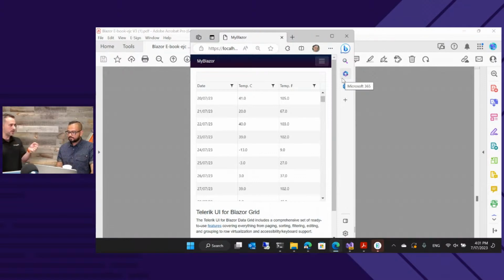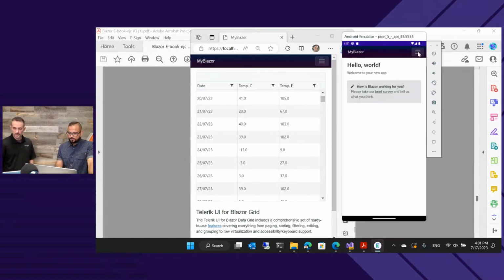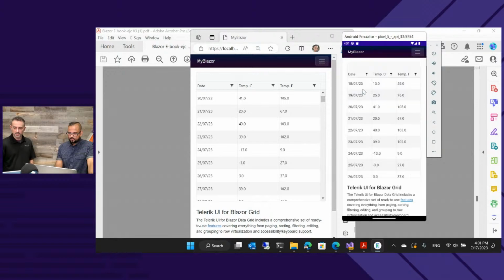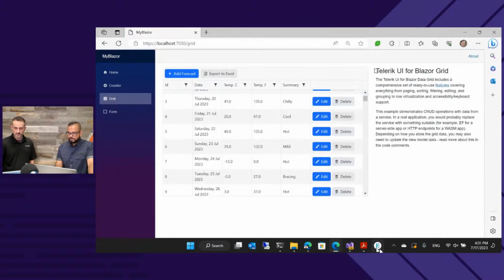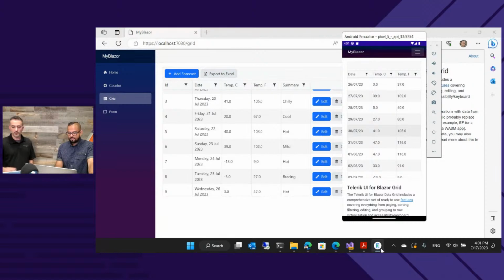Instead of having two separate column widths, you just put one value in there. That's going to say, all right, just render everything in a big tube. I also use that to trigger turning off some of the grid features, so it's a little bit easier to manage on a mobile device. And we should be able to see that here as well. So if I come into the grid page, look at that. And we've got virtual scrolling here too. Nice. All running right in the mobile device. So there's desktop, there's mobile, same view.